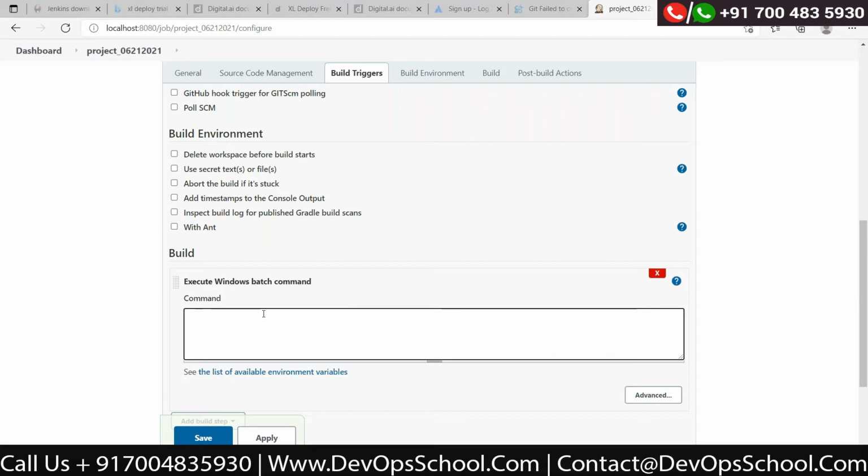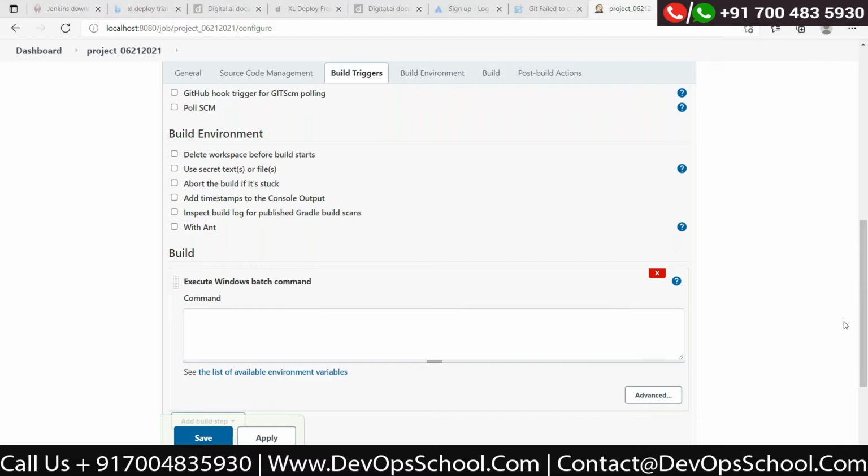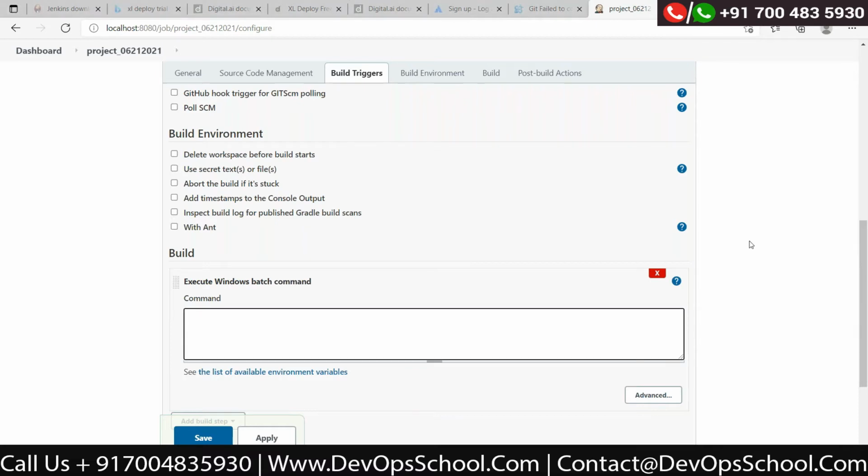The majority are in Java, then number two would be .NET, where they have DLLs and other stuff. I don't know how to write the file and all, but I know this .NET. Then number three is Python, where they don't compile and all. I think they just stage it and then deploy it, I believe. So these three kinds of projects are there in my organization as of now.